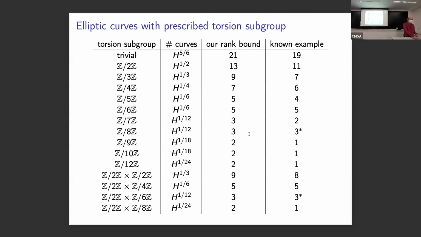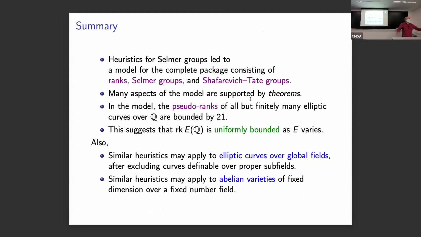These numbers, the data almost looks like it's fabricated. It looks too good to be a match. But the heuristics seem to do very well at predicting what we should be seeing in terms of elliptic curves of given rank. Okay, so just to summarize all this,